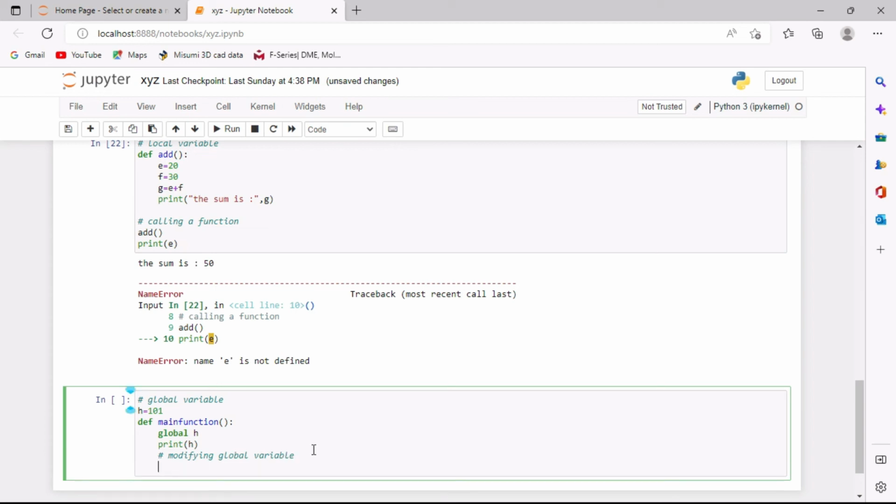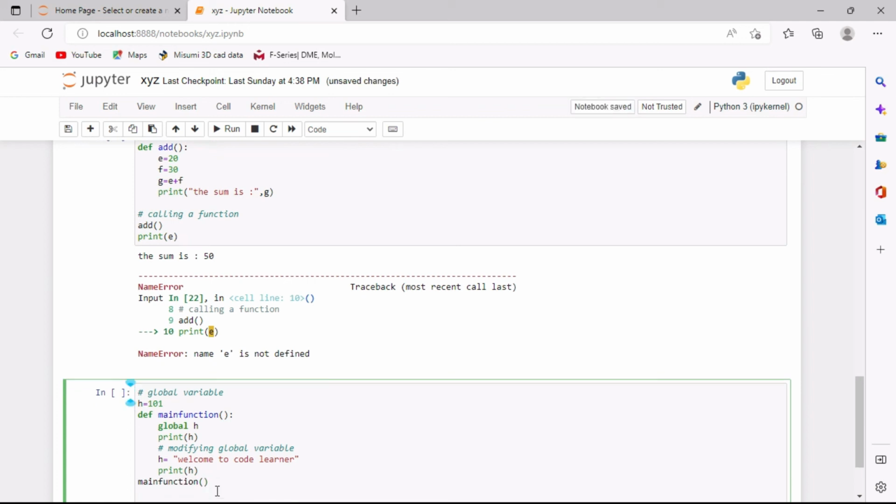Now I am defining h equal to welcome to code learner. This I have defined inside the function. Now we print h, and after this I am calling this main function,